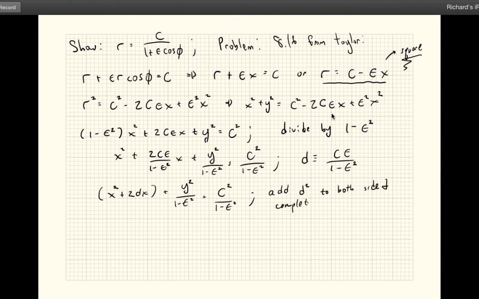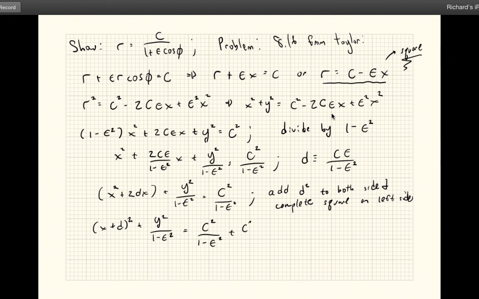8 square on left side. Okay. When I do that, I basically end up with the following. We're starting to make some progress. We got (x + d)² + y² over 1 − ε². That's equal to c² over 1 − ε²